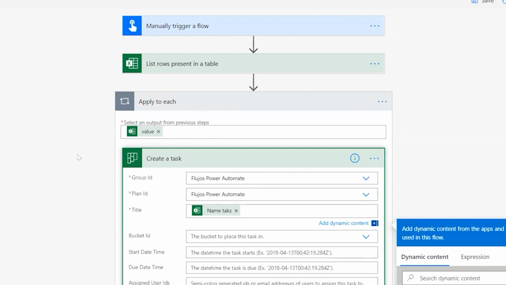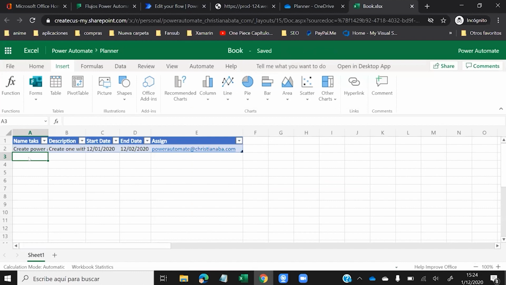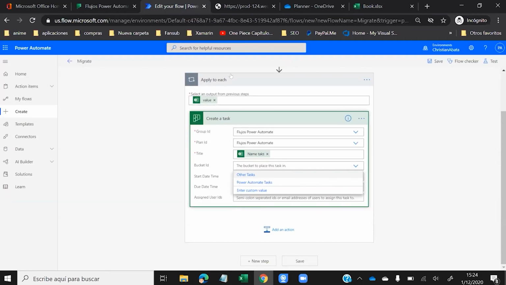does this automatically too. It's an apply to each, and this is created because when we are using list rows present in a table, Power Automate thinks that we can read one record or maybe more than one. So it could be 10, could be 11, could be a lot of records, and apply to each is going to take the records one by one. So that's the reason Power Automate creates here an apply to each. In our example, we have just one task, but in your scenario, you can have maybe 10 or more than one. So that's the reason why Power Automate creates this apply to each, to ensure you take every record in your Excel. So now we have to select a bucket